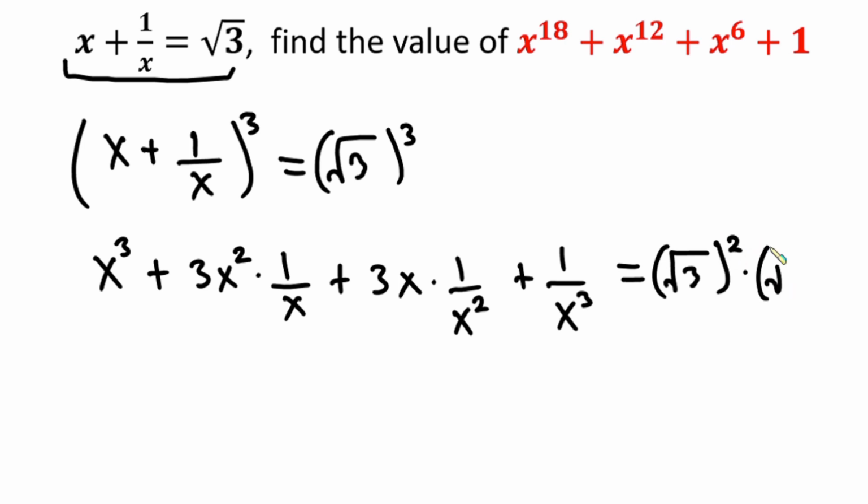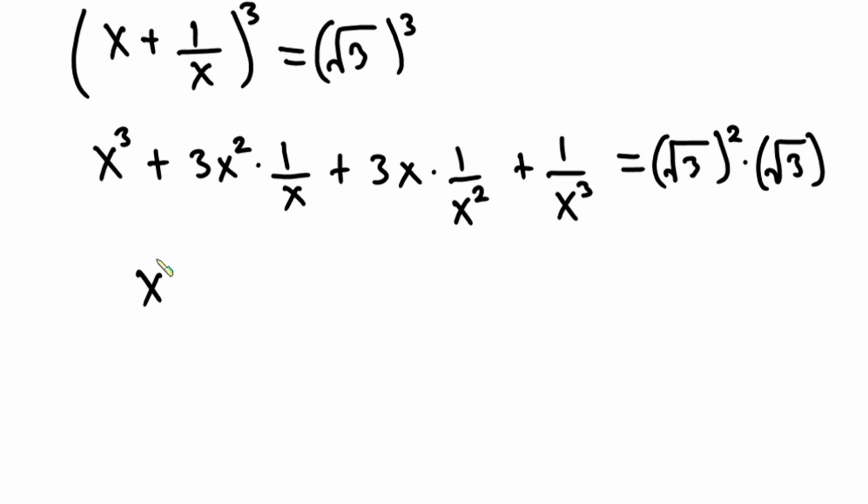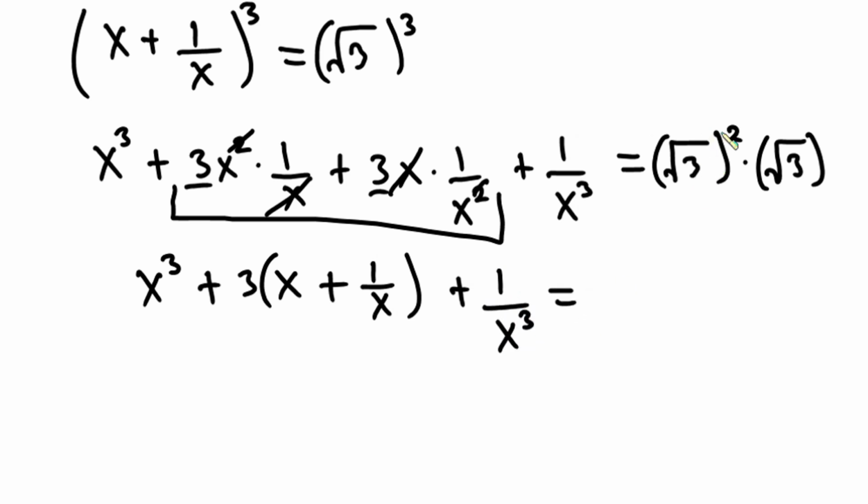times root 3. And from here, we can simplify this further. We have x to the third power plus, we have 3 here, 3 here. So from this whole thing, we can factor 3 out, right? So we're going to have 3 times. Now we see that this x will take away this square. So we are left with x plus, this x will also take away this squared. So we are left with 1 over x plus what we have here, which is 1 over x to the third power, and this is equal to, now from here this square and this will go, so we have 3